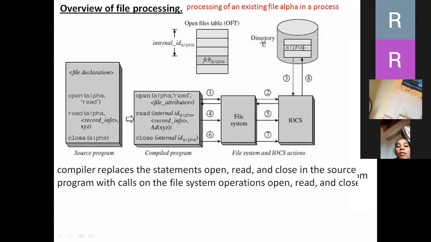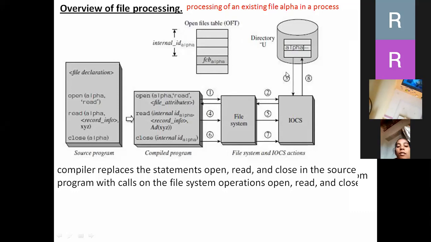The file system will be able to decide the actual location of the file in the system, like when we create the file, and it will store this information in the directory entry of the file. And IOCS will copy this information into the file control block when a file is opened for reading. Same thing is happening here in step 3.